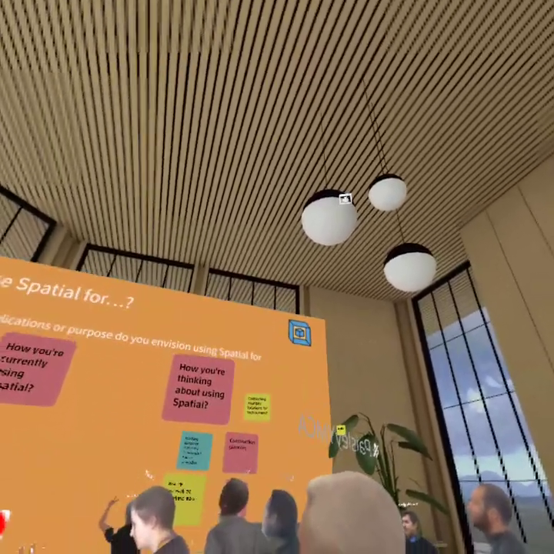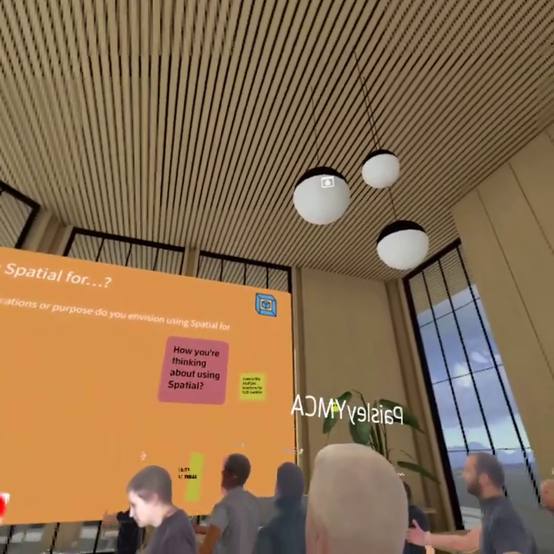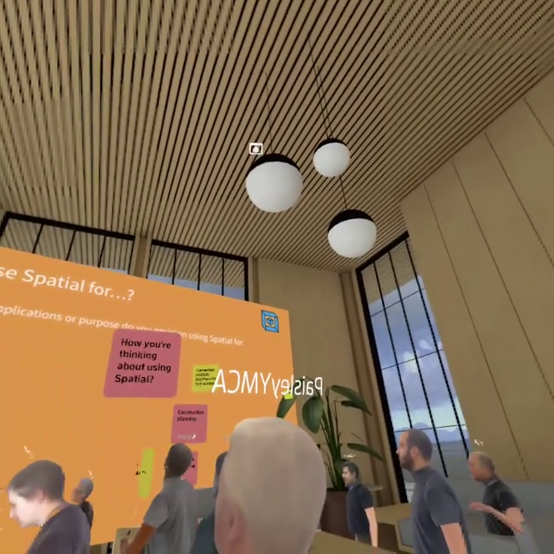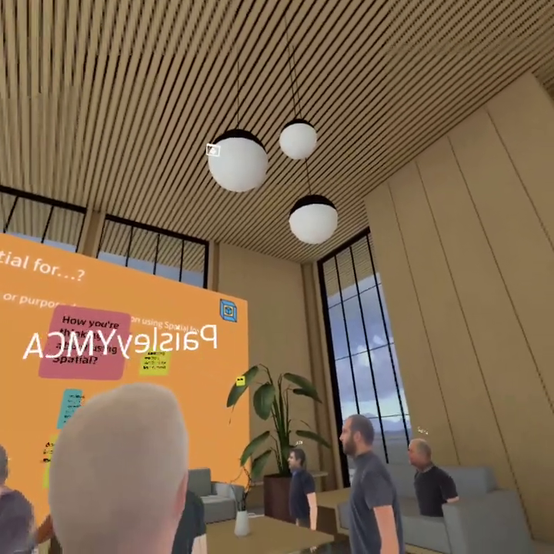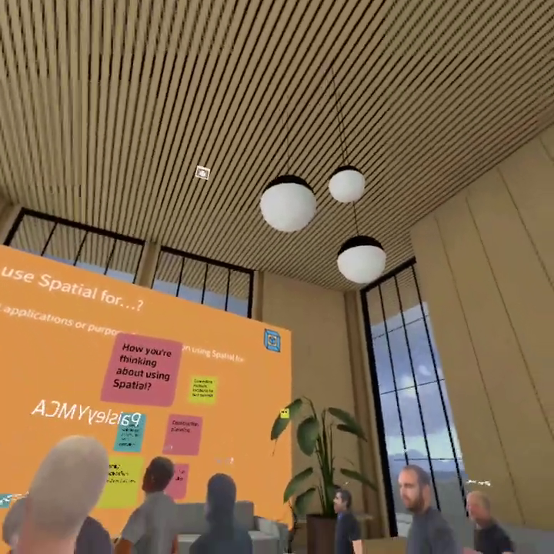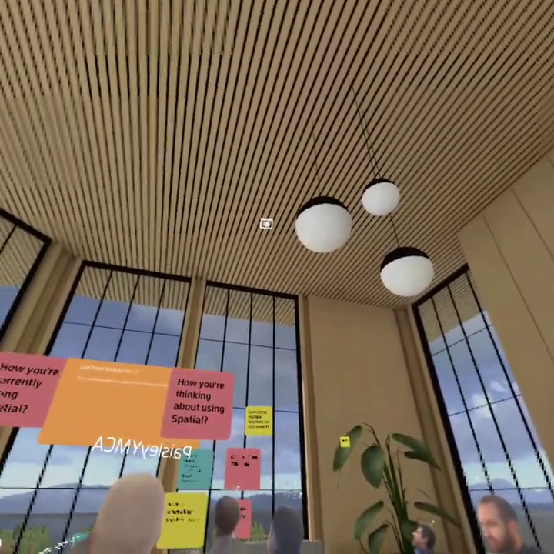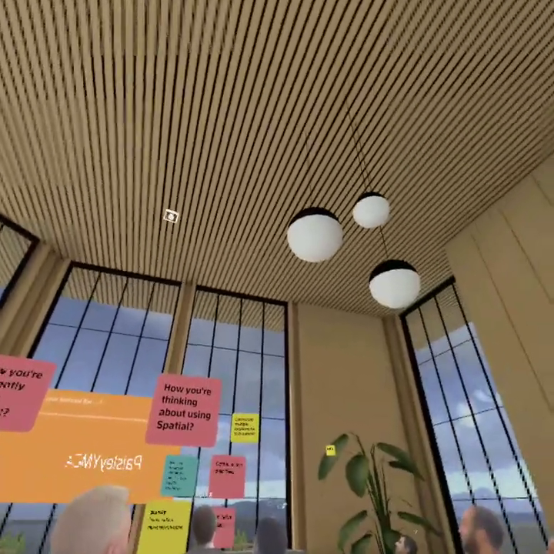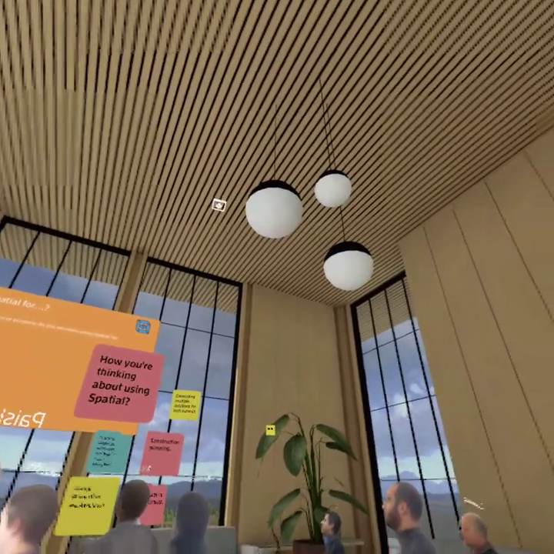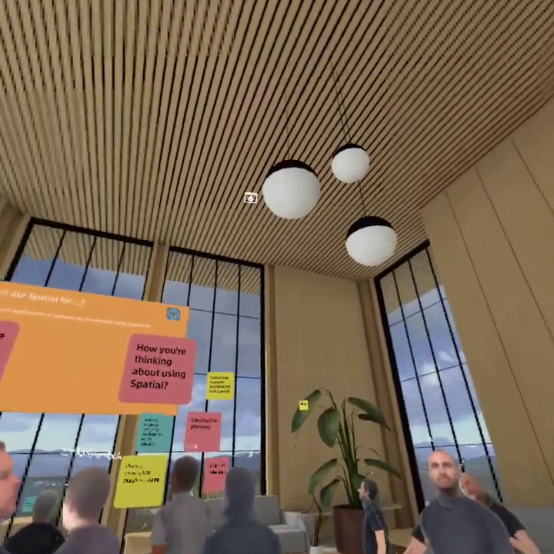Okay. It looks like someone's trying to resize their node and resizing the board, which is fine. It can be a little tricky to get the hang of. I'm sorry, Ray, it's me. I'm trying to figure out how to resize the note with my hands, but it doesn't work. So if you hover over one of these images, you'll notice that where you can see the little X, you can also see a pin icon. That's really key in making sure that you're moving the thing you want to be moving. So if you want something to stay still, hit that pin, and then you won't be able to move it around.